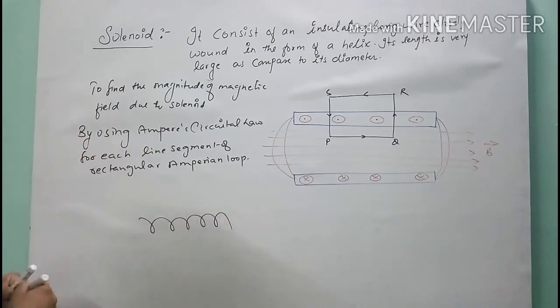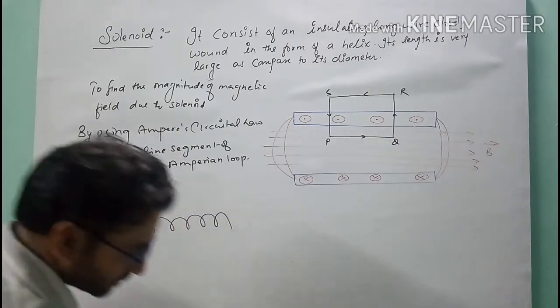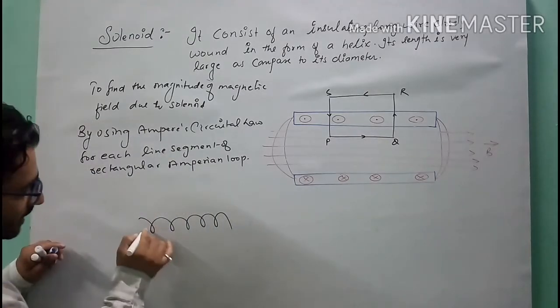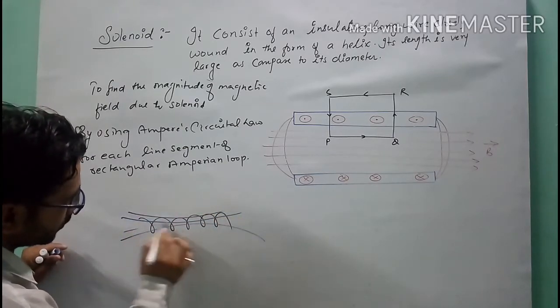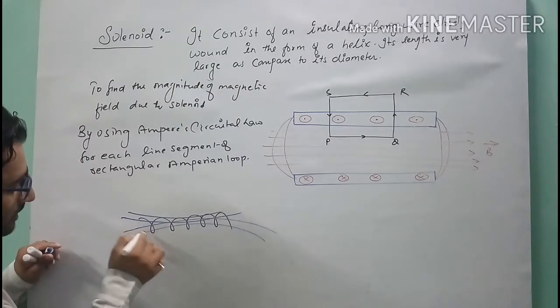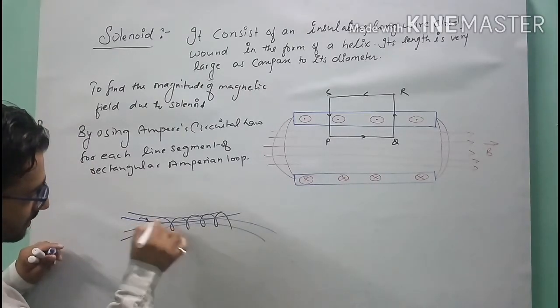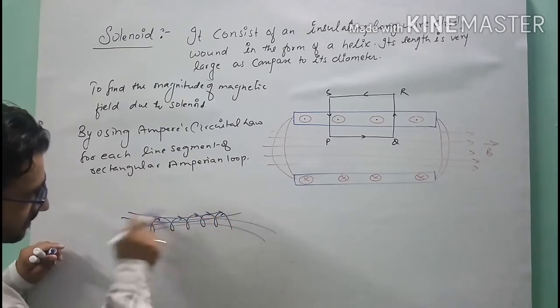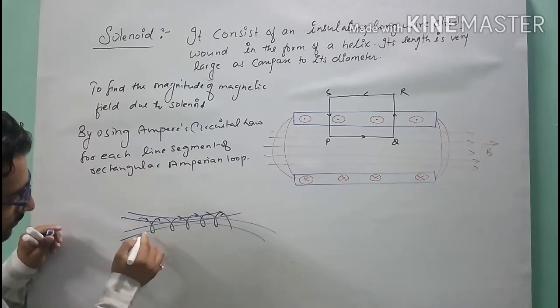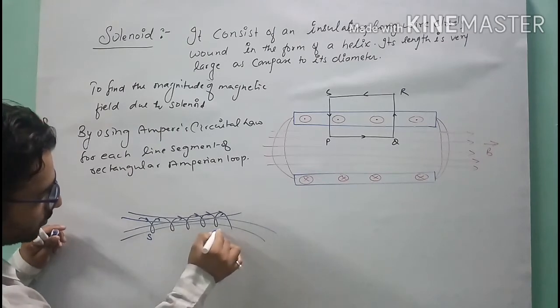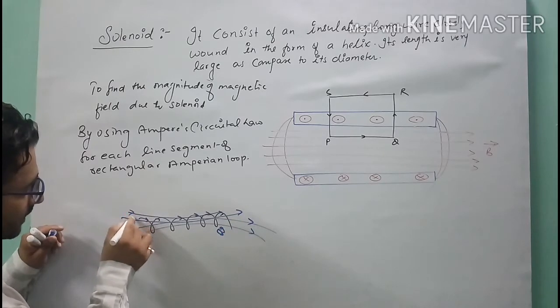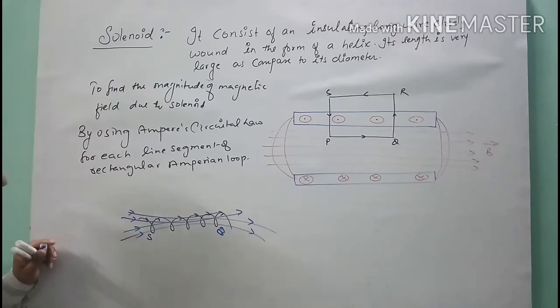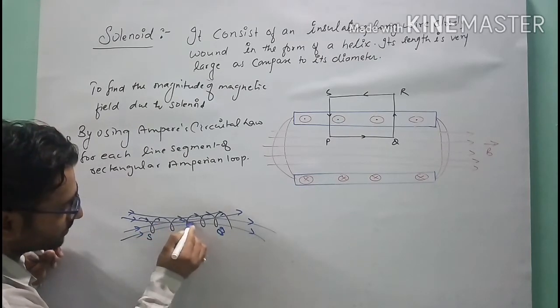When we discuss here the solenoid, we know that when the current will pass through this solenoid, so around this a magnetic field will set up, in which the magnetic field lines will emerge from north to south direction outside. And suppose here the direction of current is like this, in this black color helix. So for that condition it will make south pole and it will make north pole. So the magnetic field lines will emerge from the north pole and enter towards the south pole outside, and inside their direction is from south to north.